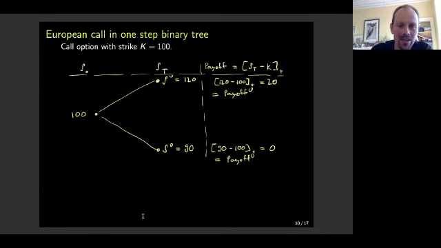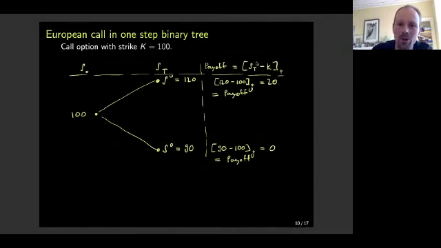So let's take the simplest possible model for stock price move. So let's say we have a call option where we agreed that the strike is 100, the initial asset price is 100, so we would say the option is at the money, and I have the simplest possible view of the world that, from now to the maturity, the price can either go up to 120 or it can go down to 90. Is this a reasonable model? No, of course not. It's a model, but it allows us to do a fairly simple calculation.